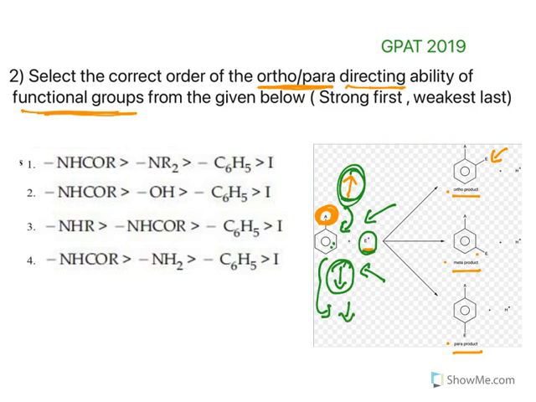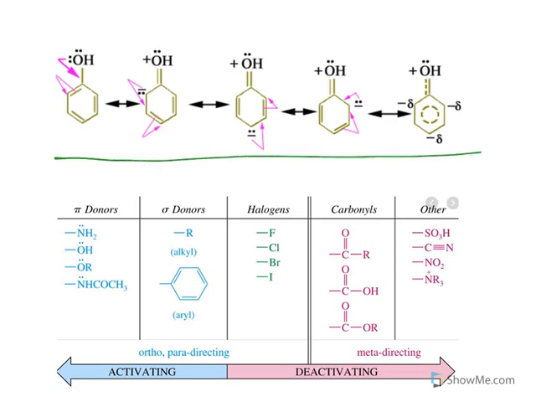So two things are there. One, directing. Second one, rate of reaction. Right? Now let us see how electron donating groups will increase the rate of reaction and in which direction they will direct. Let us see the example with phenol. Phenol means on the benzene you have an OH substituent. And just now we have seen that on the oxygen you have two non-bonding electrons. Lone pair electrons are non-bonding electrons. Now these electrons are moving onto the ring, because in the benzene ring there is all the time delocalization of electrons. So there is a kind of electronic pull, so the surrounding electrons will be pulled towards the ring. So the electrons will come here and they will be moving.